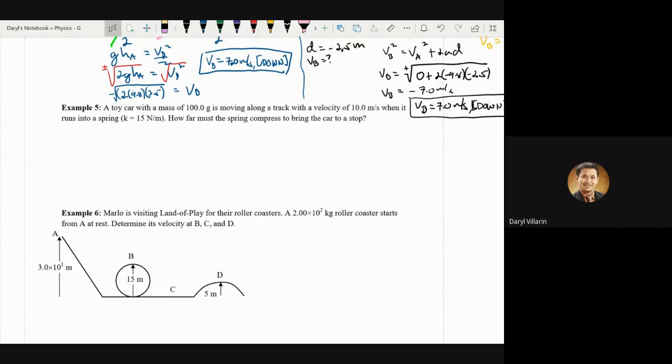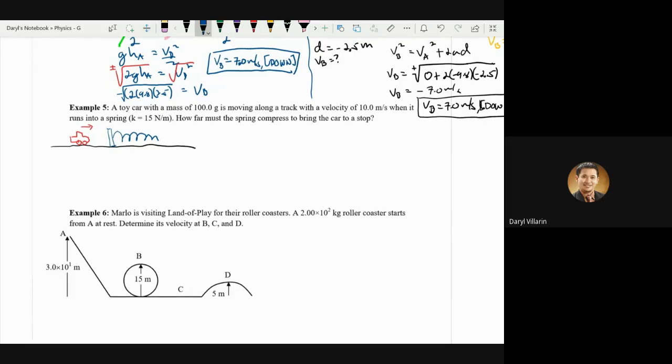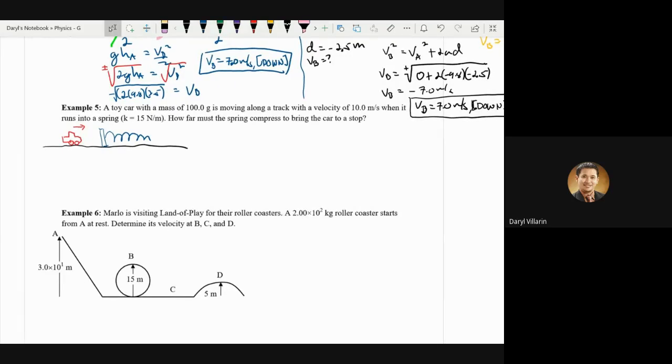So I'm going to start my solution here with a diagram. So you have a car moving in that direction, and then I have a spring. So it encounters the spring, maybe. So just before it hits this particular spring, it's moving at